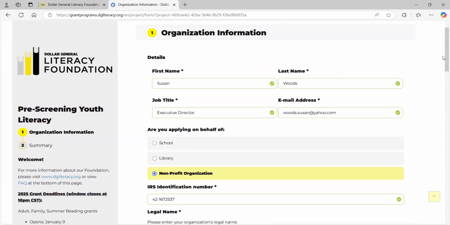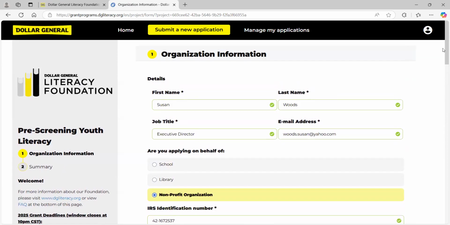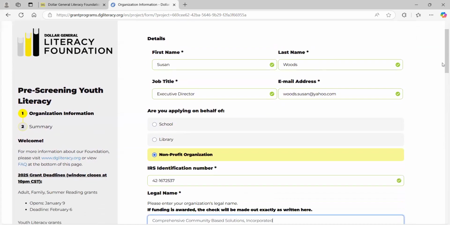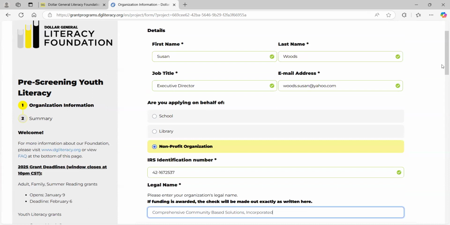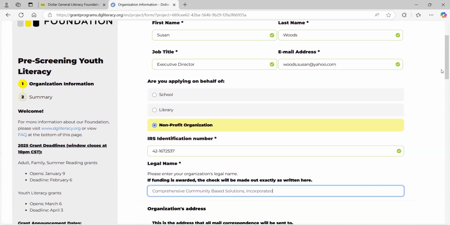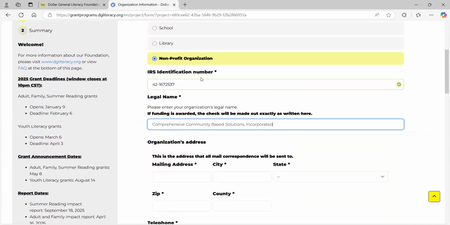Okay, so let me pause here to review what I've done. The organization information: the first and last name, my name, Susan Woods, my job title, executive director, my email address, woods.susan@yahoo.com. Are you applying on behalf of school, library, or nonprofit? I selected nonprofit, which automatically prompted me to enter my IRS identification number, which is the EIN number. The employer identification number is the same thing as the IRS identification number, and because I used it so much, I remember it: